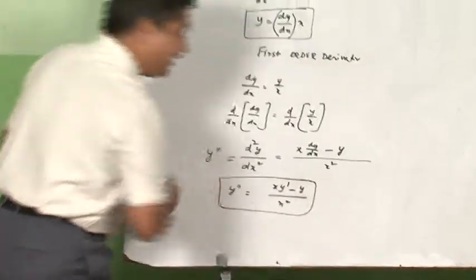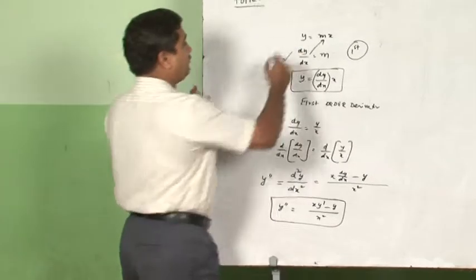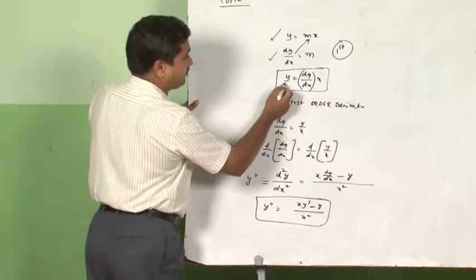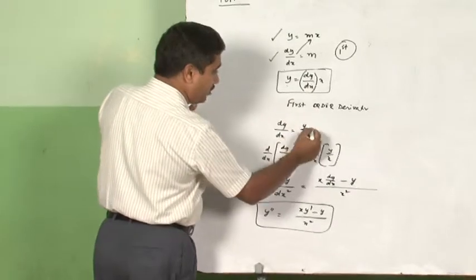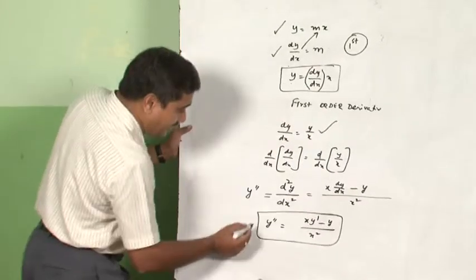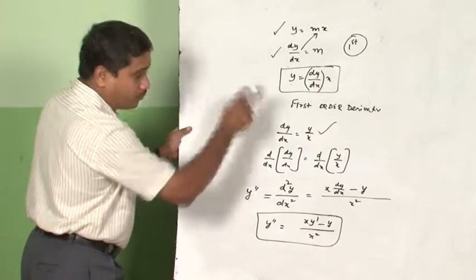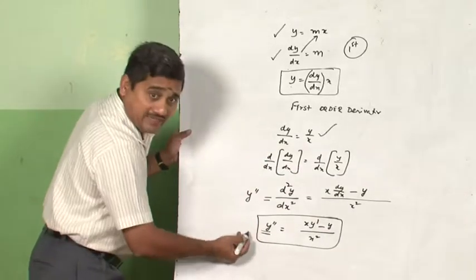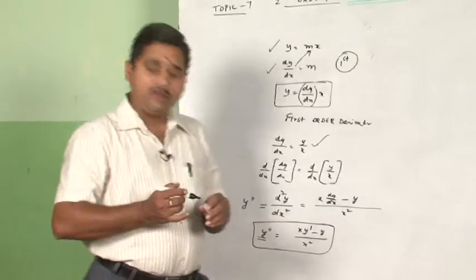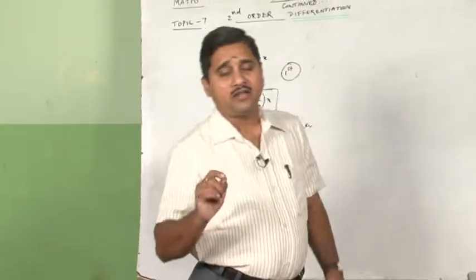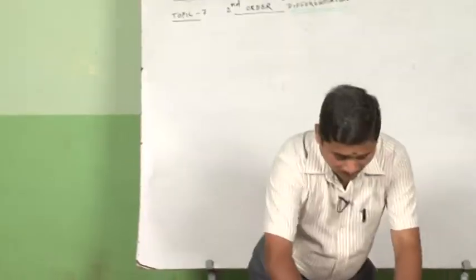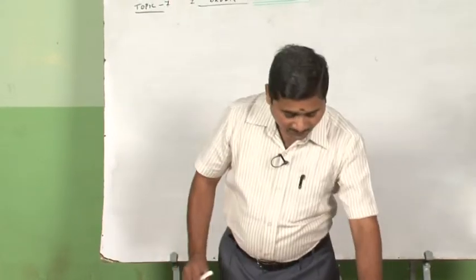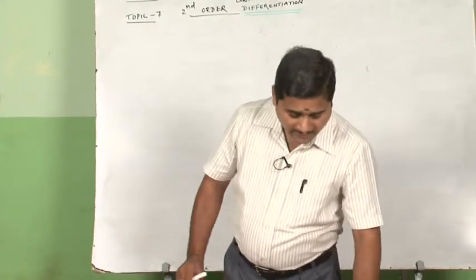What we have done here is, when we have one function and differentiate it once, what we get is a first order derivative. Once again the first order derivative is put to d by dx, that is second differentiation, and what you get is called the second derivative. As per our syllabus, we will be concentrating on the second order derivative as such. Now I will take a small problem to help you understand how a second order derivative is found.